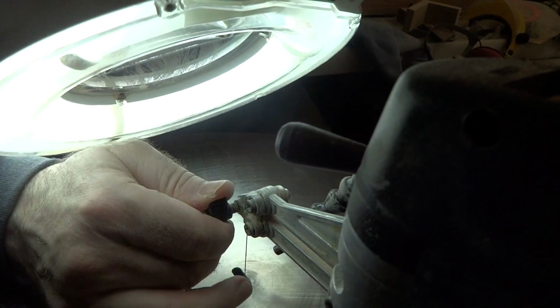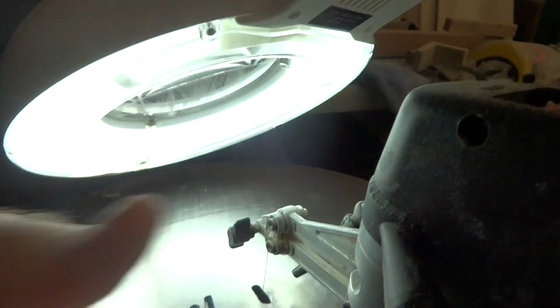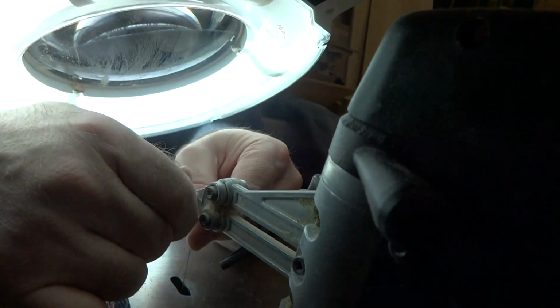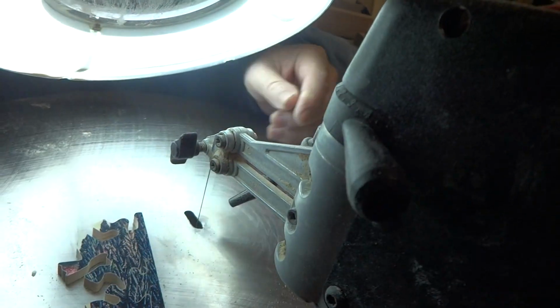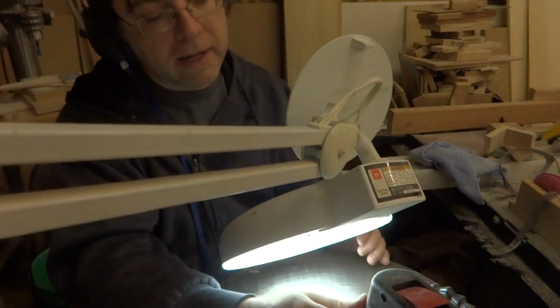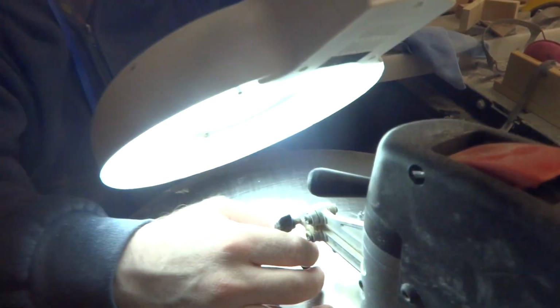Are you doing the bottom at the same time? I'm doing the top, and then I do the bottom. It looks exactly the same as the top. And then I do the top again, that way it's straight. And I make sure I push it all the way back to seat it. And then I tighten it up, and then I ding it,